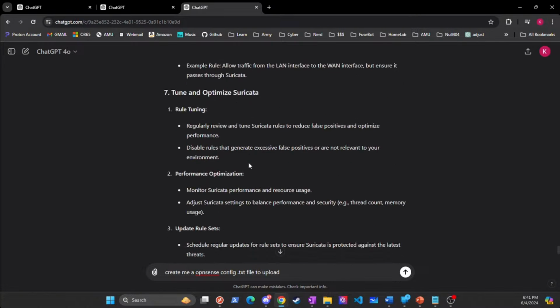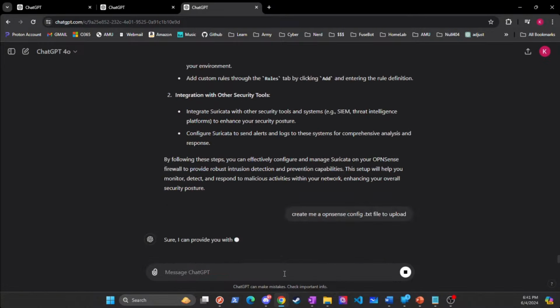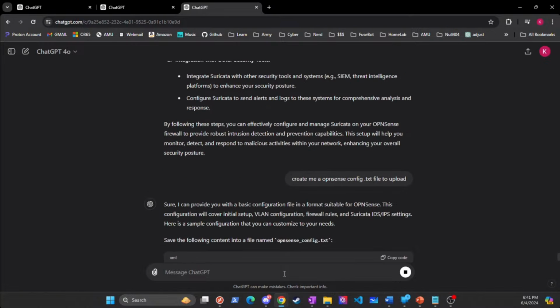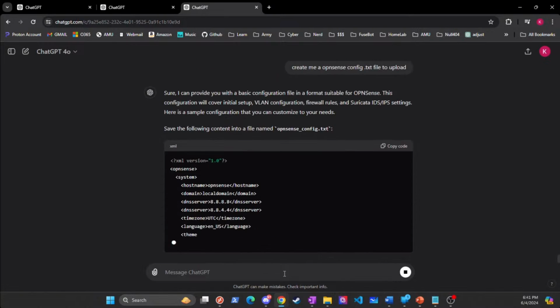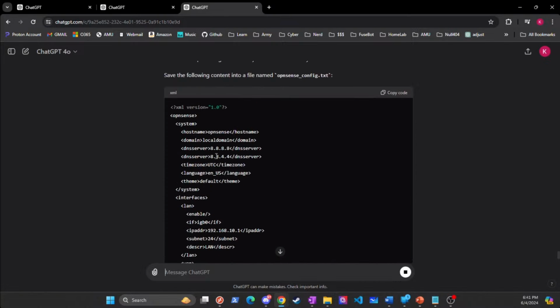Yeah, absolutely. And this is one thing: create me an OPNsense config.txt file to just upload. And it's going to provide me a basic XML, providing DNS for selected Google DNS, primary and alternate.